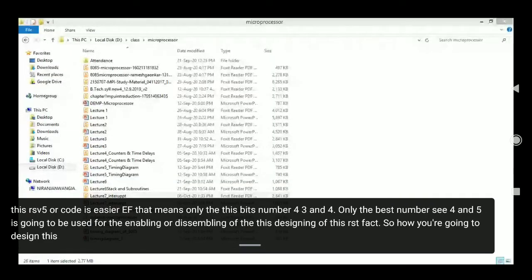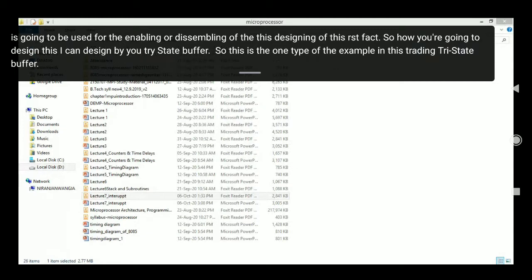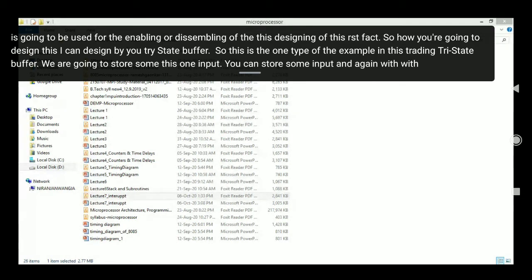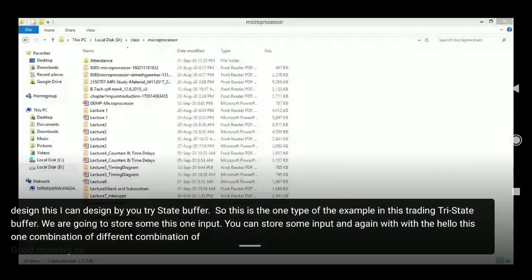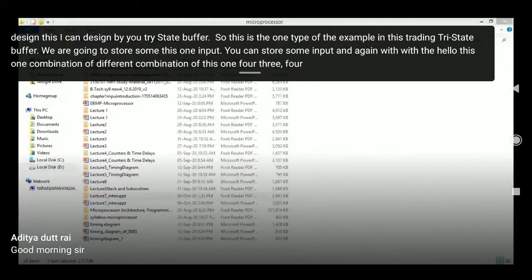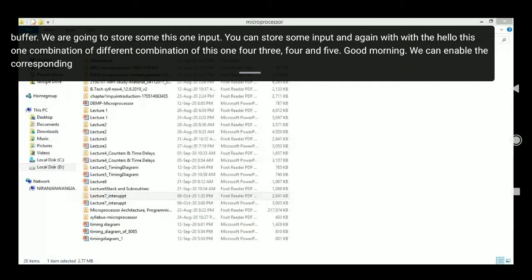So how are you going to design this? I can design by using a tri-state buffer. This is one type of example. In this tri-state buffer, we are going to store some input, and with the help of different combinations of bits 3, 4, and 5, we can enable the corresponding RST.